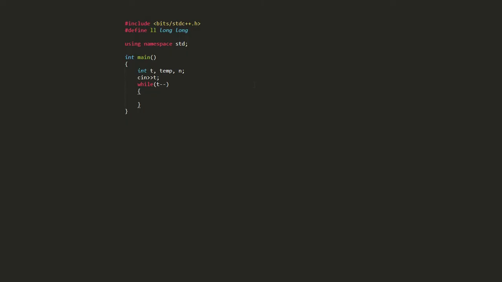Okay, so now it's time to code the solution, and the first thing we are given is the number of test cases, and this is the boilerplate for that part of the problem. And now I need to take input n, that is the number of integers that are present in the given array. So that is int n. I'll take it, and then I need to input n integers.